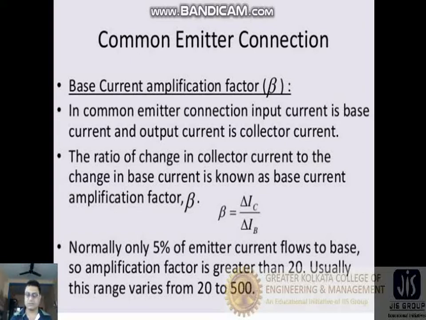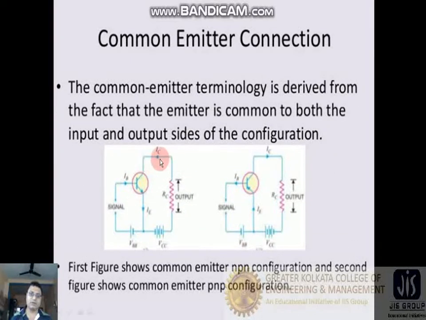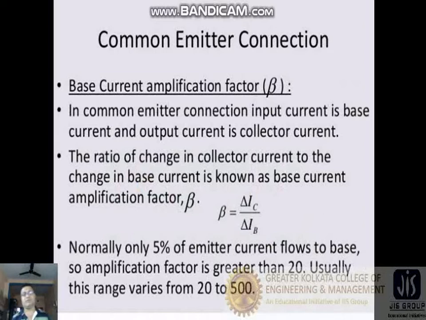For each transistor there is its own beta; there will be no two transistors in the world having the same beta. So beta is the amplification factor. It is the ratio of the output current to the input current. Here we can see the output current is the collector current in the case of the common emitter configuration, and the input current is the base current. So it is the ratio of the output current to the base current. So delta IC by delta IB is called the gain, the amplification factor of the common emitter configuration transistor. So in this way we can derive beta, which is delta IC by delta IB,